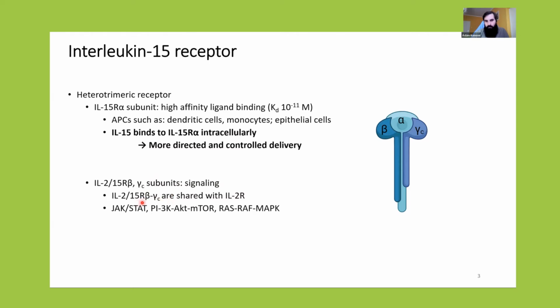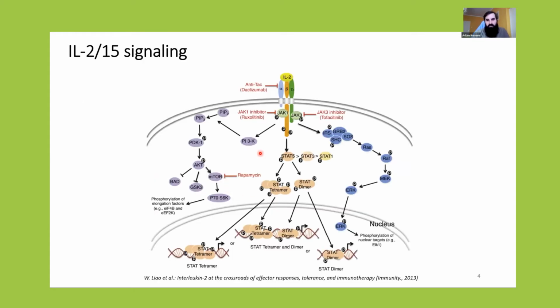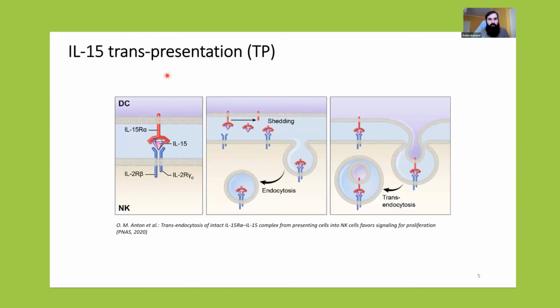The main three pathways are the JAK-STAT, PI3K mTOR, and RAS-MAP kinase pathway, which can be seen here. I wouldn't go into details, but would just highlight this step 5, because we measured the signaling via the STAT5 phosphorylation. And about that more directed and controlled delivery that I spoke about earlier, here is a schematic about the